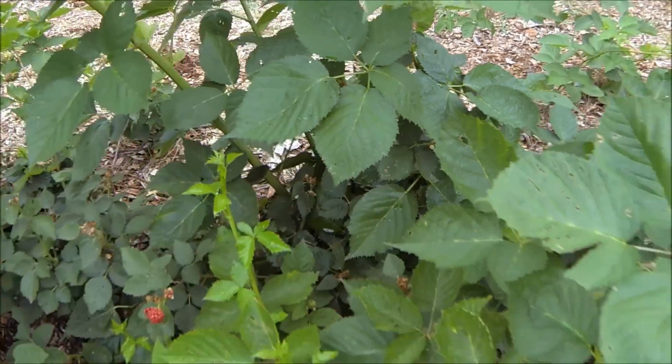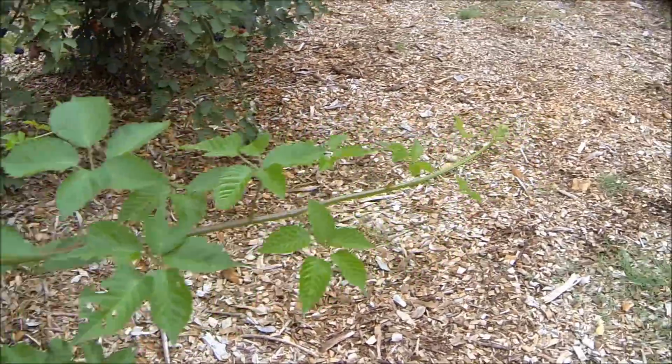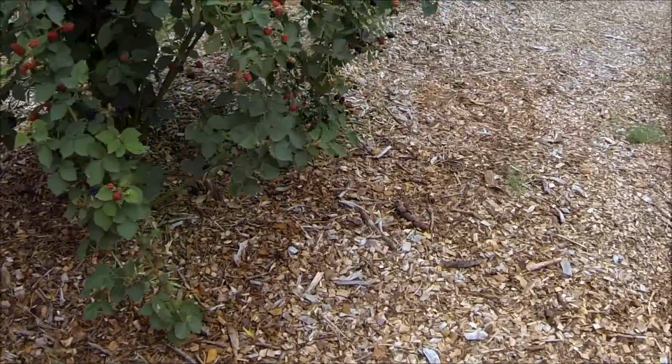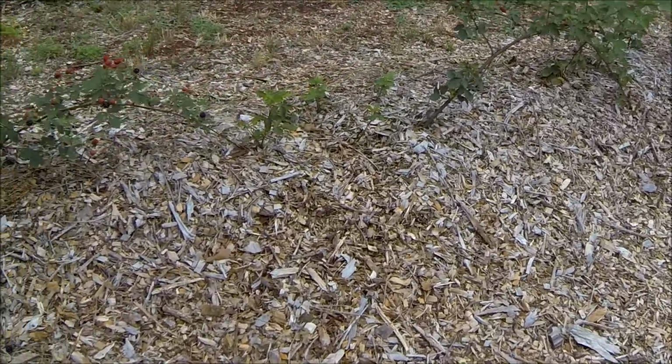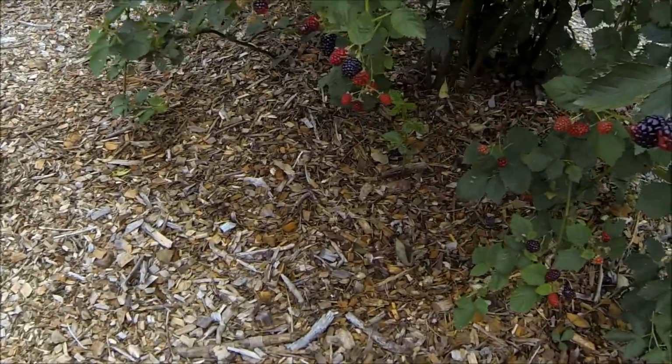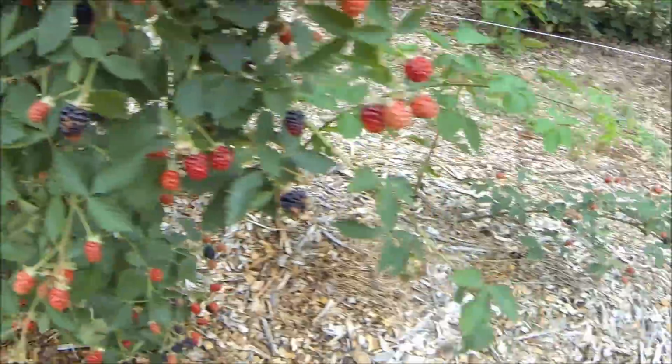I'm not gonna sell that one tomorrow. I'm gonna eat that one right now. Some of the ones that are coming up of the Ouachita, again, like that one there, I'm gonna dig those up and pot them up